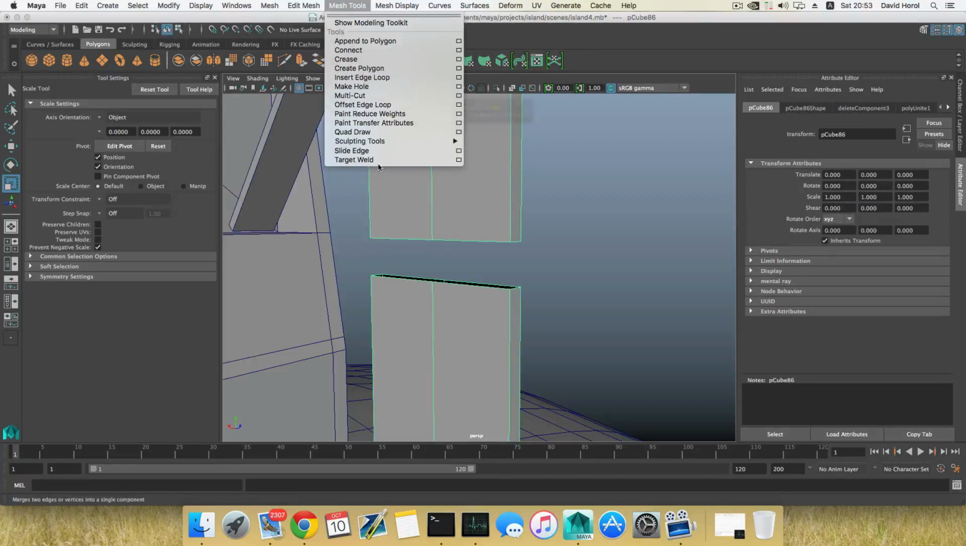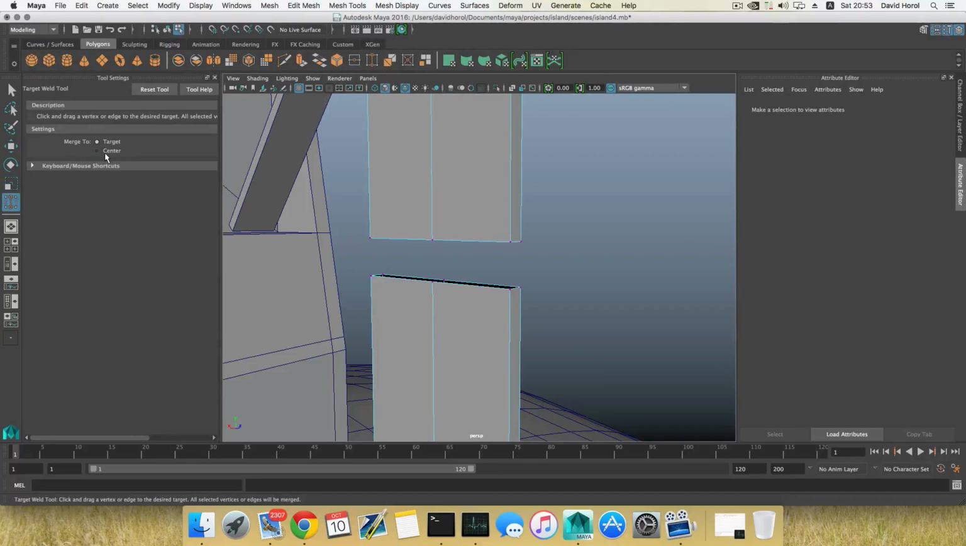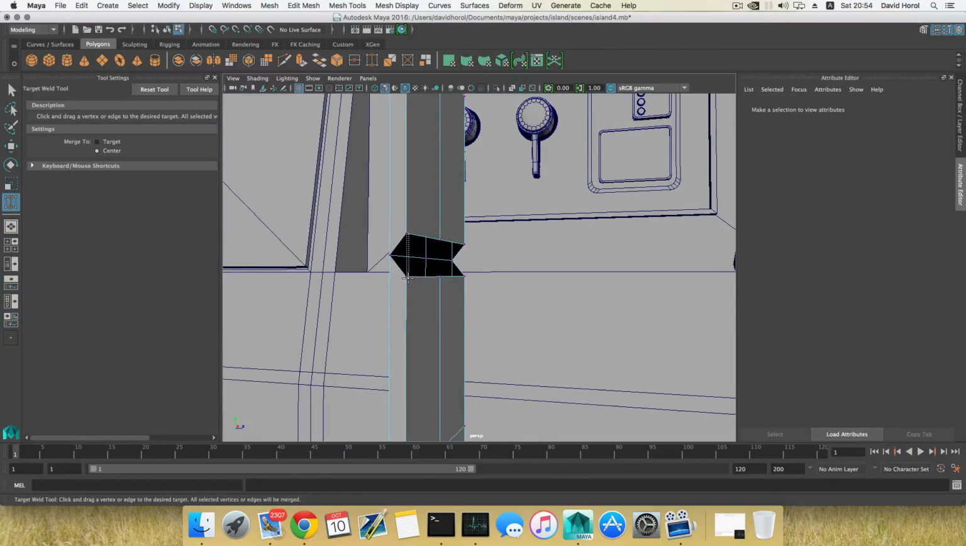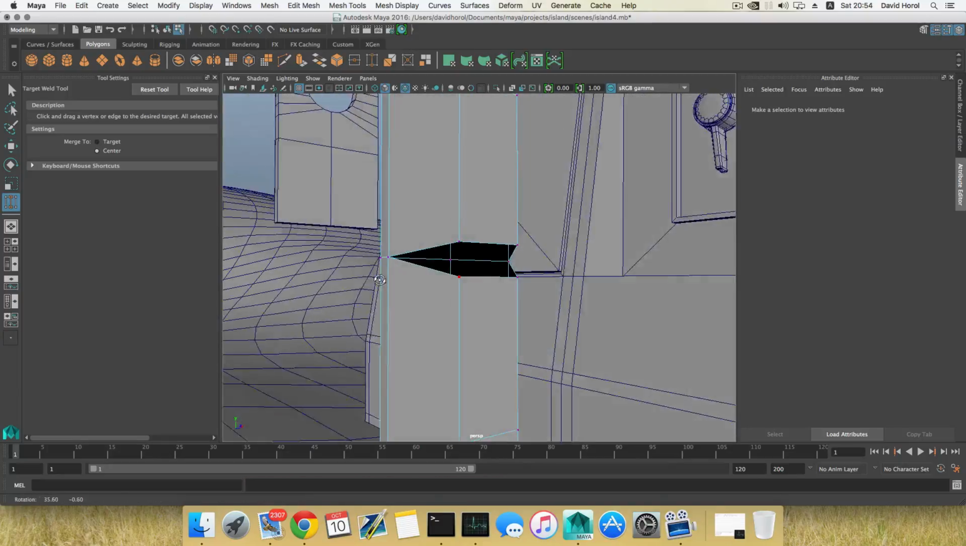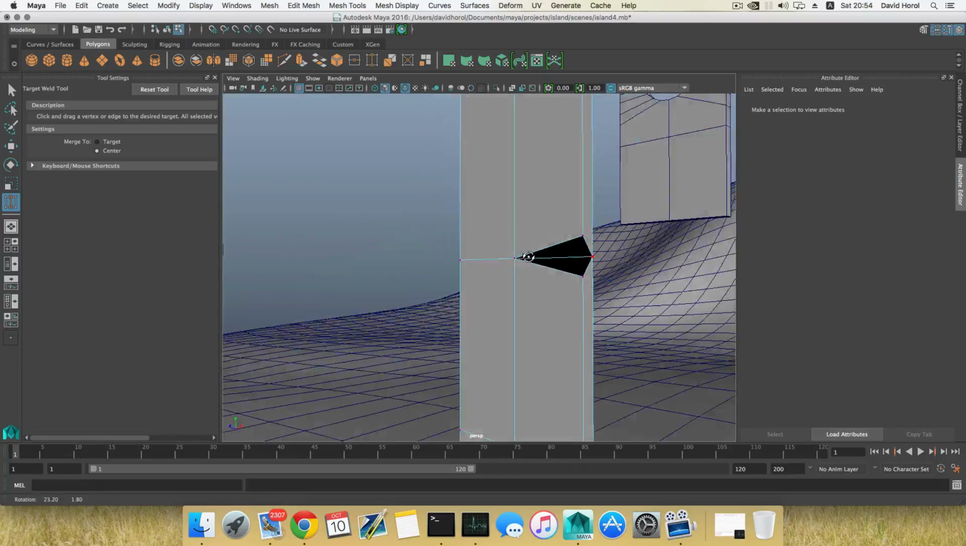So if you check the option target weld here, you'll see that you have only two options. One of them is the target, which means that if I choose this and point to this one, it will stretch over this one. But you can also use the center, and by that, each two that you select will connect at the center point. So they are stretched evenly, equally. So we're gonna simply use this center to connect those,